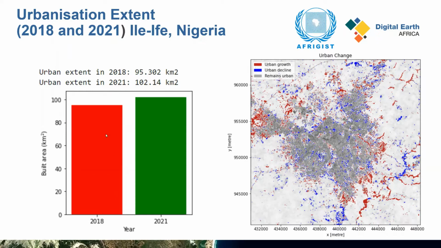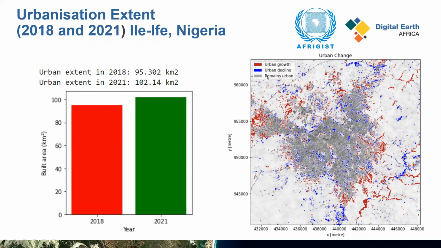You will see that urban extent in 2018 you have 95.02, and in 2021, 102.14 kilometers. So this map now is showing you the area where you notice urban growth,